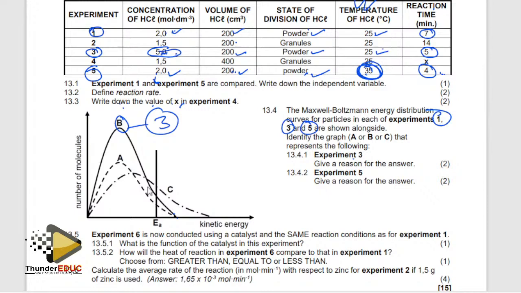So we go to the question. They're saying give a reason for your answer. Maybe you can say that it has the highest concentration of particles, or has more particles that are in the reacting vessel. You see, it has the highest. If you look at it here, it has the highest. Then number 2, we can say that experiment 3,